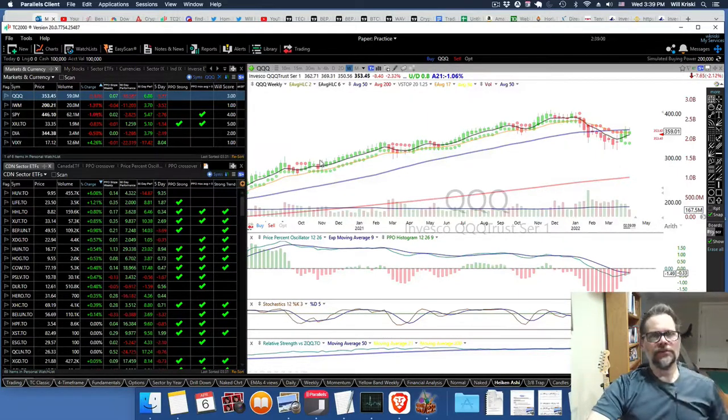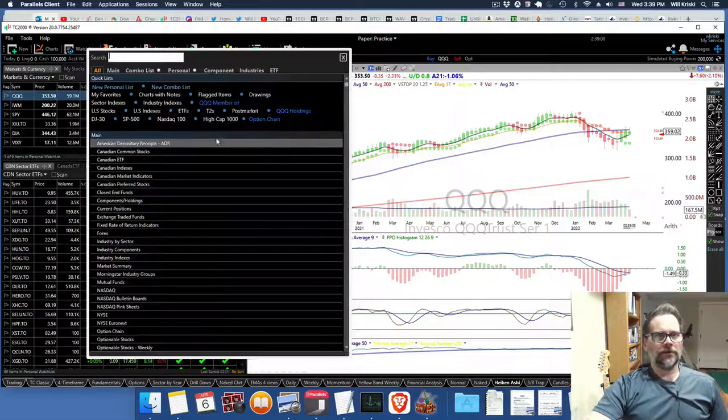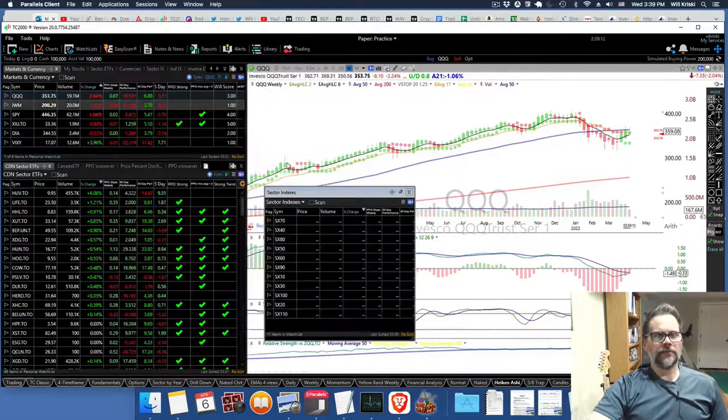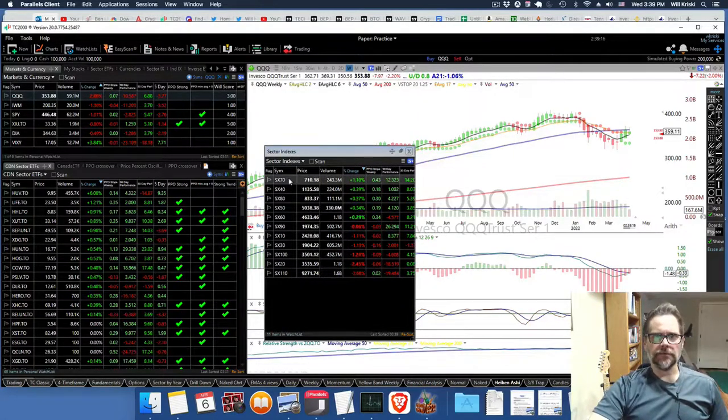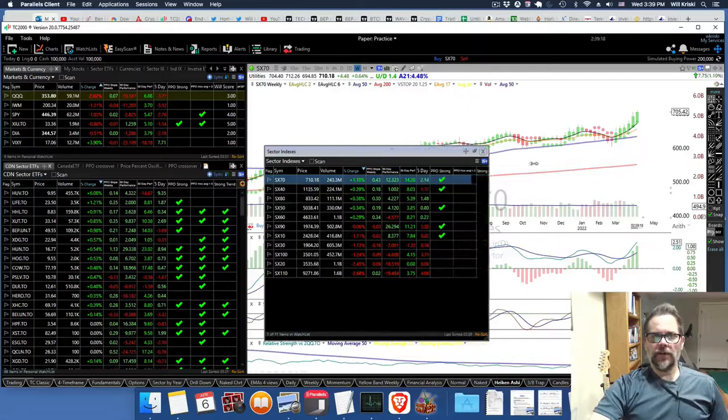Another thing I like about TC2000 is there's sectors and indices. So that's, you see here it says sector, indices, industry. Sectors are the main sectors of the markets, and it's an easy way to sort of look at the